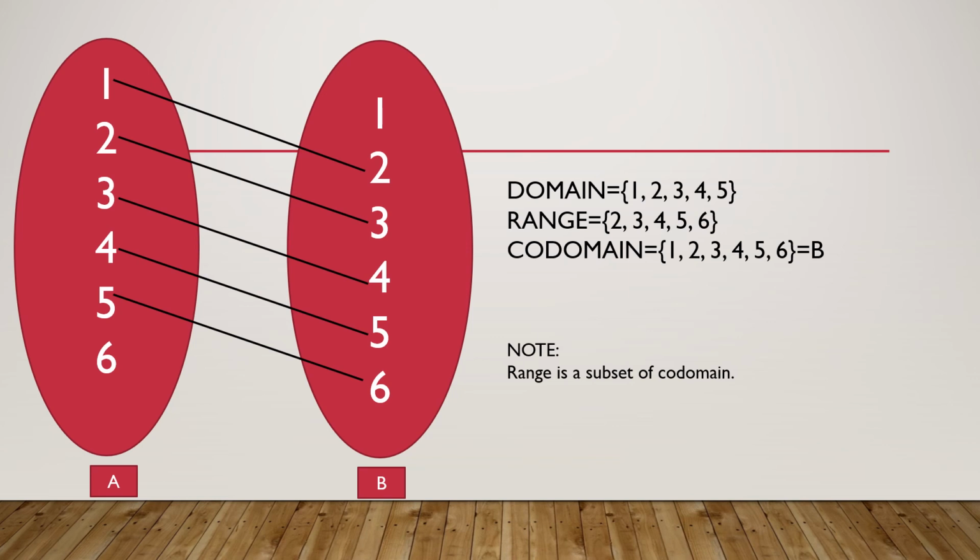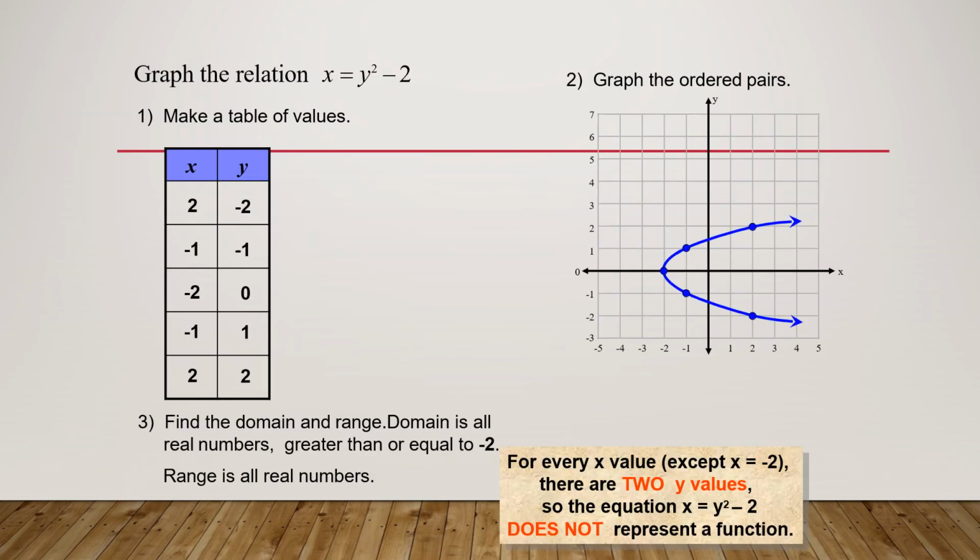Now comes to the codomain part. Codomain are the elements existing in set B. Whether image is formed or not, we will write all the elements of B in codomain. It means range is the subset of codomain. Now here one example that shows the one to one, one to many relation also.